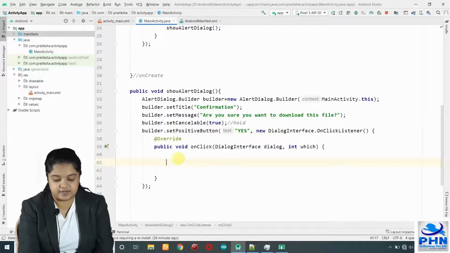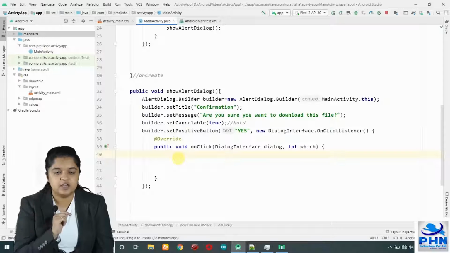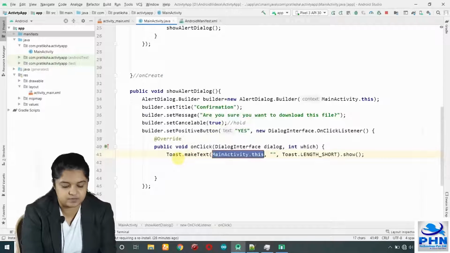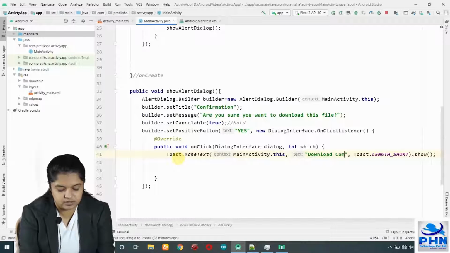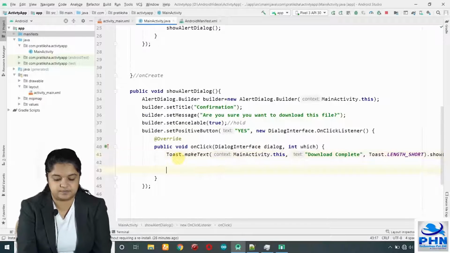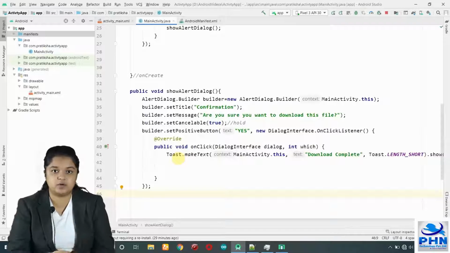Now in this click event, when the user says yes, meaning the user has clicked on Yes, what should happen? We have to display a toast message, "Download complete." This is it for the Yes button, but we want one more, a No button.